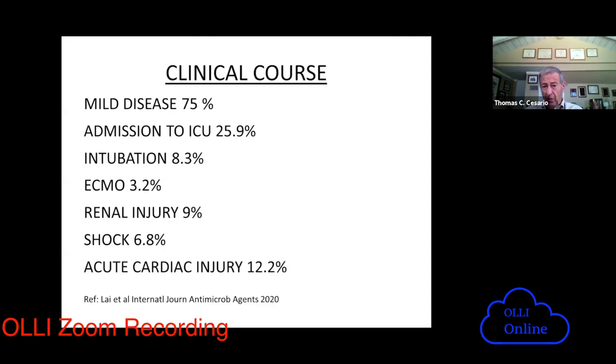Furthermore, we knew when you get that sick, that you're in the ICU and you're having to have oxygen supplied, other organs begin to suffer. The kidneys suffer, probably actually as much as a third, despite the 9% here. We know that some of those patients go into shock. We know that 10 to 20% of them will have some element of heart injury. You can detect that chemically. So when you get this sick, a lot of bad things happen. And this is due to an overwhelming inflammatory response that we are struggling to control. Next slide.